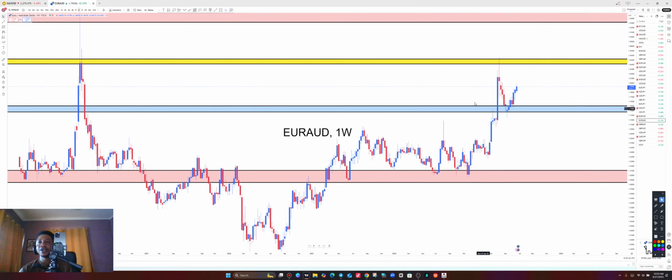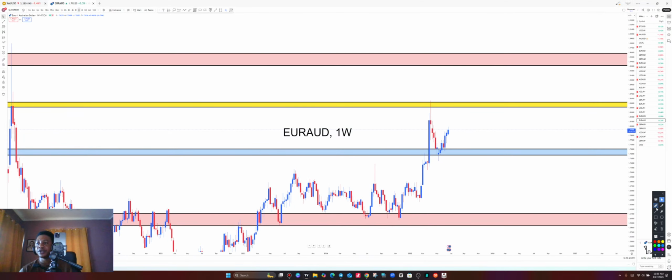This is the weekly time frame of EUR AUD. On the weekly time frame, we have the weekly mid-range zone. Price has given us some trend on the weekly. This is a push to the upside, which is a higher high. This is also a higher low. We should go all the way to the upside to create a new higher high, which will make contact with the weekly or the 3 months resistance level to complete the move on the 3 months.